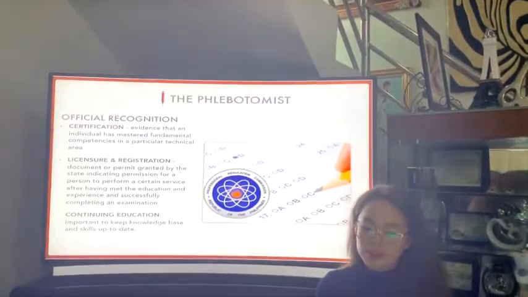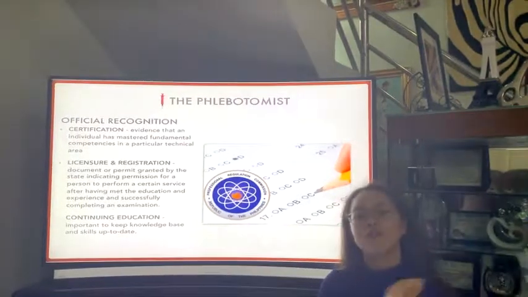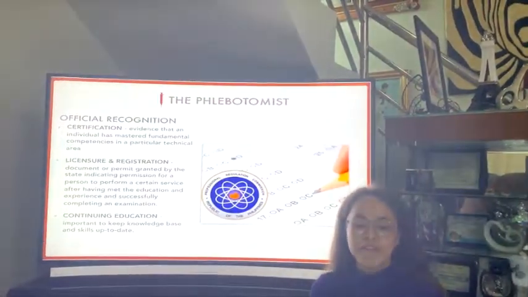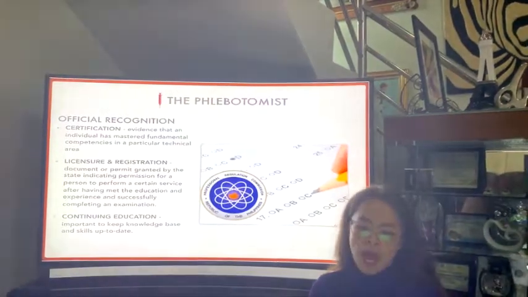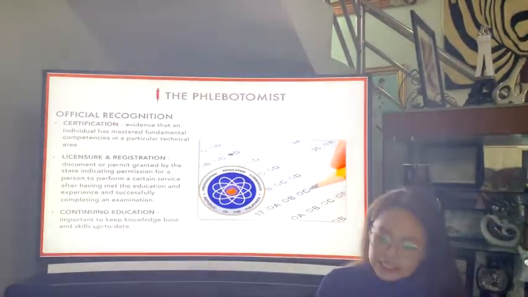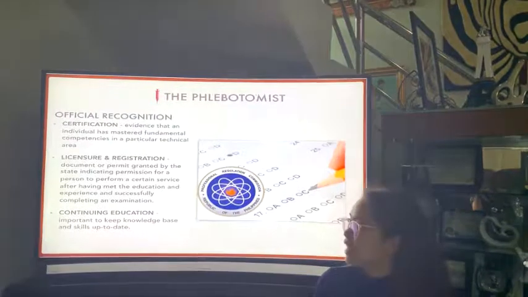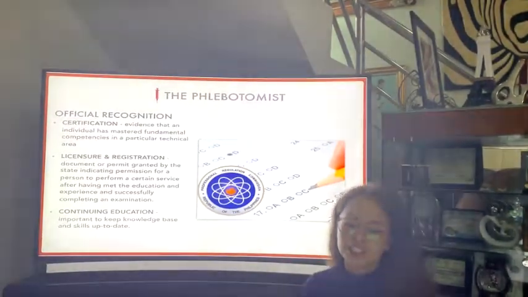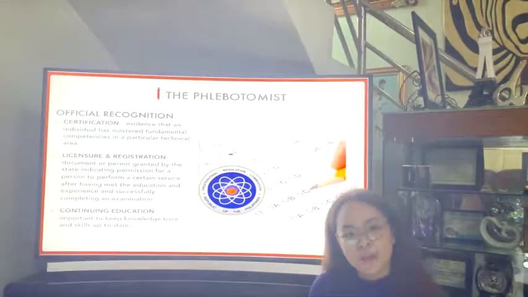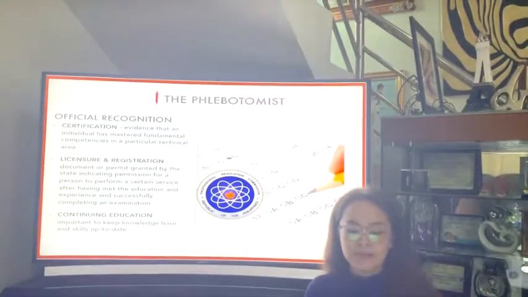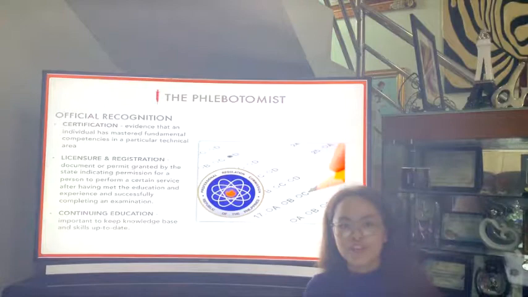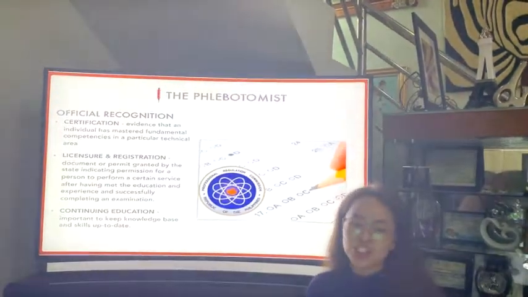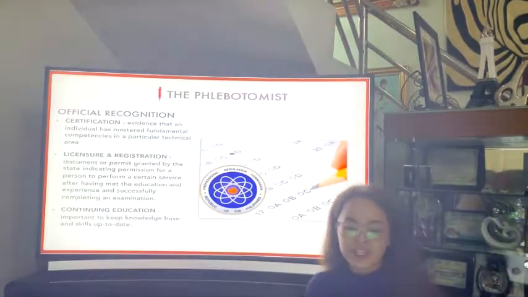So the phlebotomist, for their official recognition, has a certification, which is evidence that an individual has mastered a fundamental competence in a particular technical area. And second is licensure and registration, which is a document or permit granted by the state indicating permission for a person to perform a certain service after having met the education and experience requirements and successfully completing